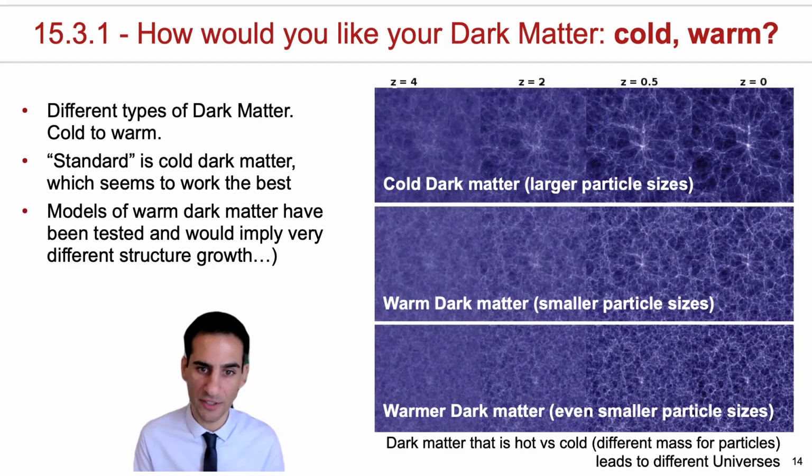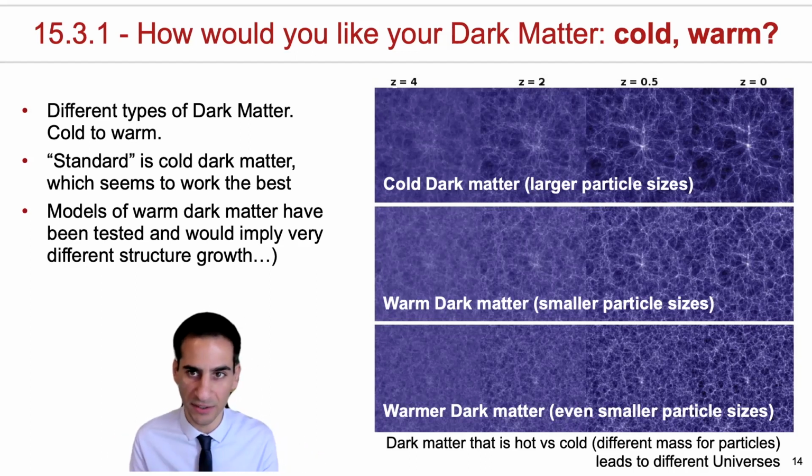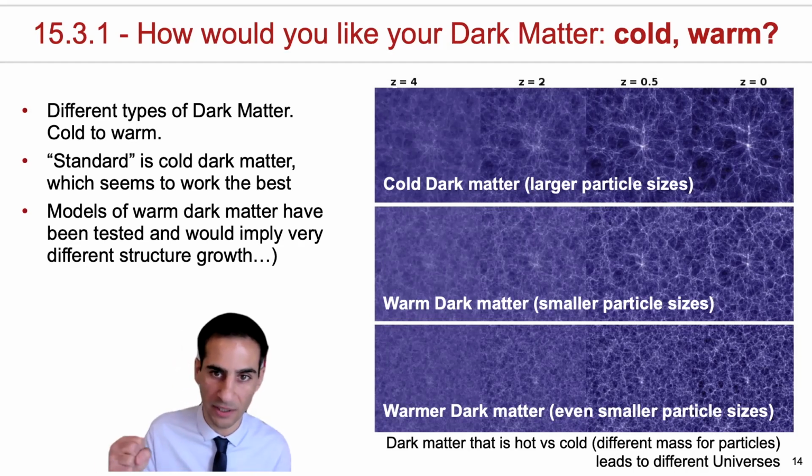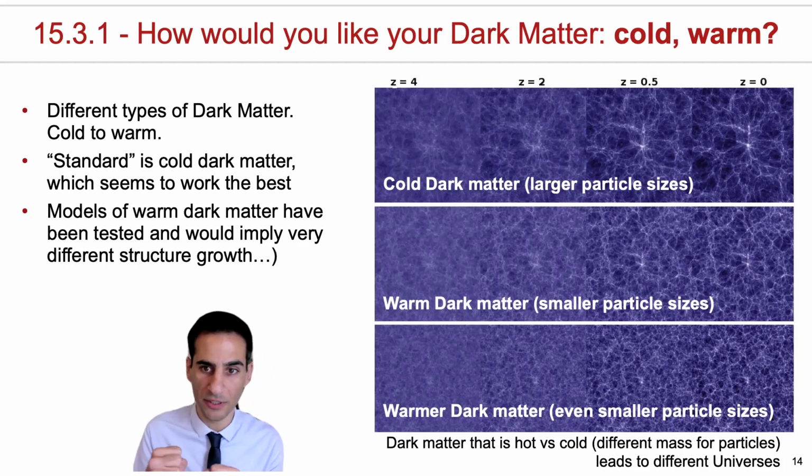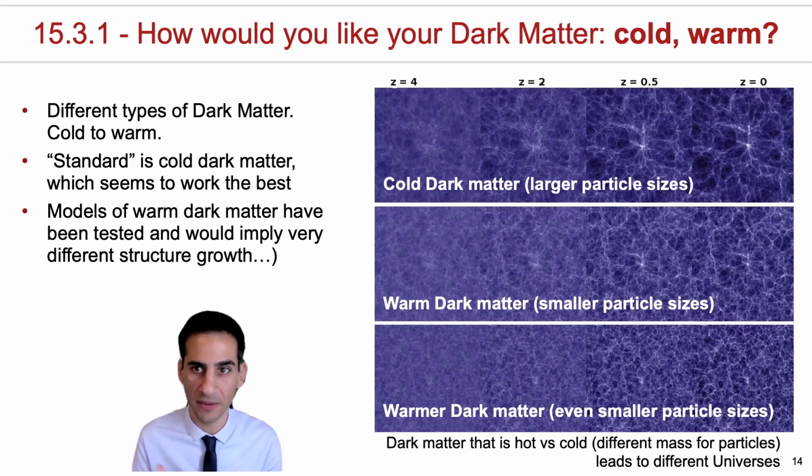For example, if the universe has hot dark matter, then the structure will be suppressed and essentially have way fewer very massive clusters and many more substructures that do not get as dense. While if you're looking at a universe dominated by cold dark matter, then you expect to get big clumps that become very dense. That's just because dark matter particles will be able to move slower, and therefore they can very easily form denser structures, and away from them you'll get some very large voids. And it turns out that by comparing the real universe with different N-body simulations, cold dark matter particles seem to be the ones that explain our universe the best, at least currently.